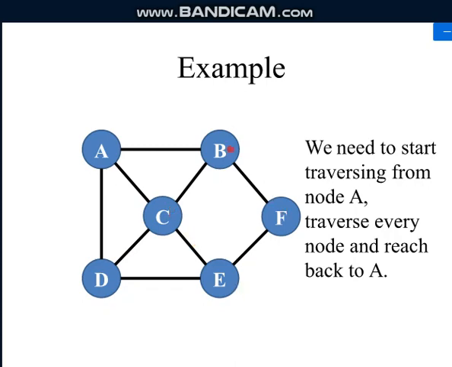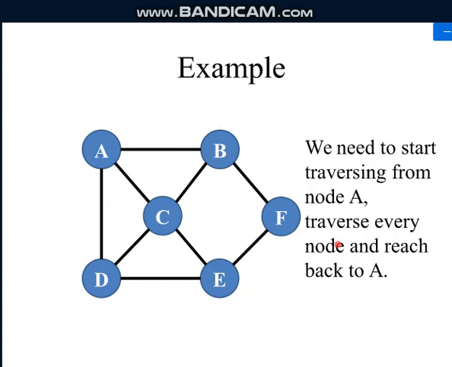and F to B. If I start from F, I can go this way, F to E, C, D, A, B and back to F. Or I can go this way, anti-clockwise, F to B, B to A to C, C to D, D to E, E to F. Yes. So Hamiltonian cycle is nothing but you have to reach each and every vertex in the cycle and reach back to the vertex from where you started. So this is what a Hamiltonian cycle is.